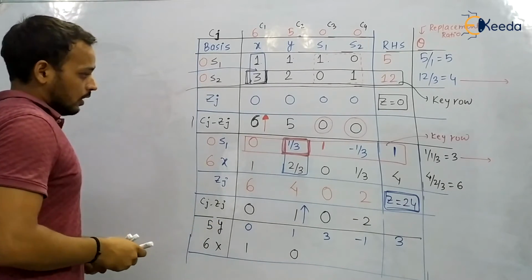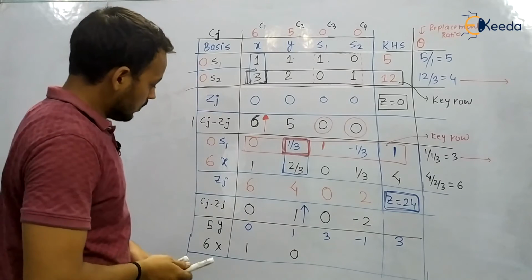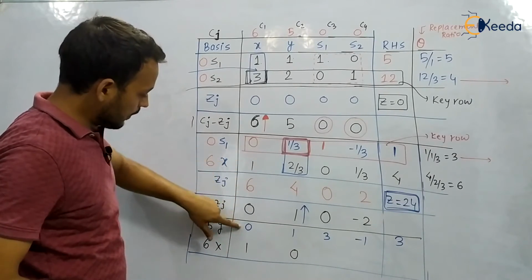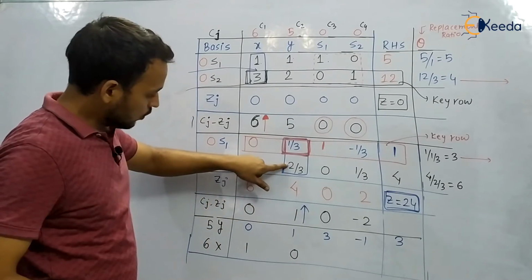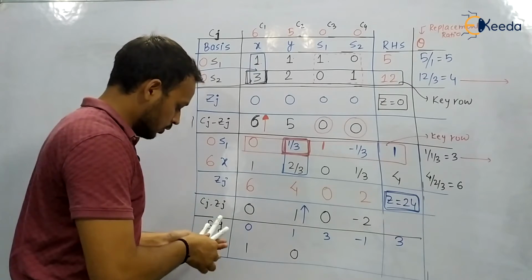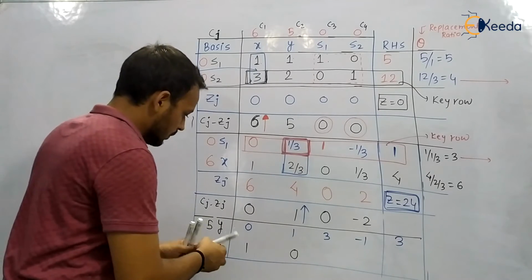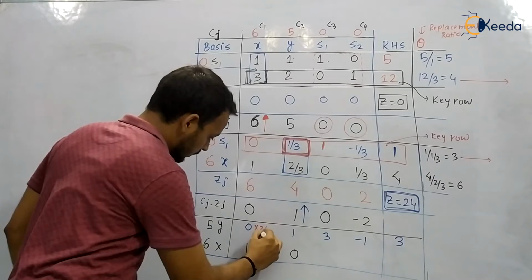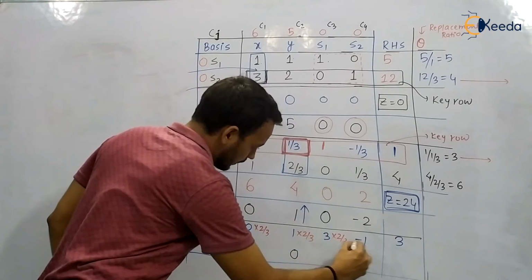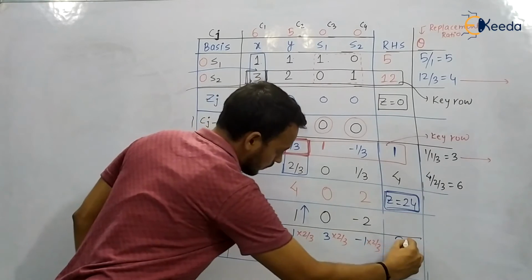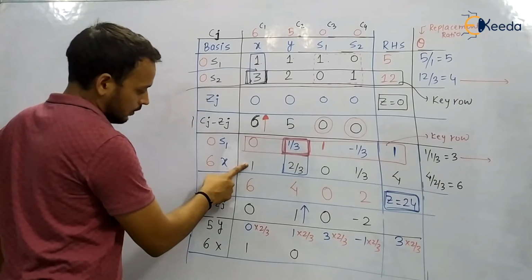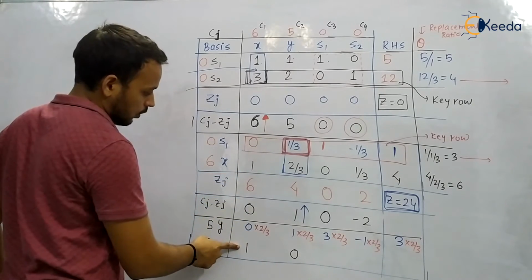Look here. Now you have to do the operation old minus new. This was the old value, 1 minus 0, 1, but 2 by 3 minus 1 can't be 0. It means you have to multiply by 2 by 3, for performing the same mathematical operation. Now do 1 minus 0 into 2 by 3, it is going to be 1.